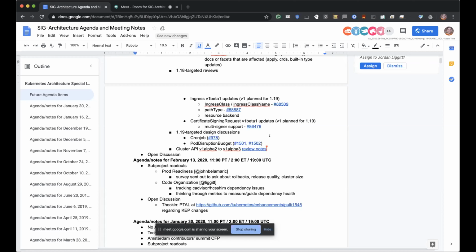But that was a couple-hour review of a CRD-based multi-version API, and there were a fair number of things that came up during that. Some investigations they were going to go do around some edge cases, and then fold what they find back into the docs, so that this is clearer for the next group that is working in this space.